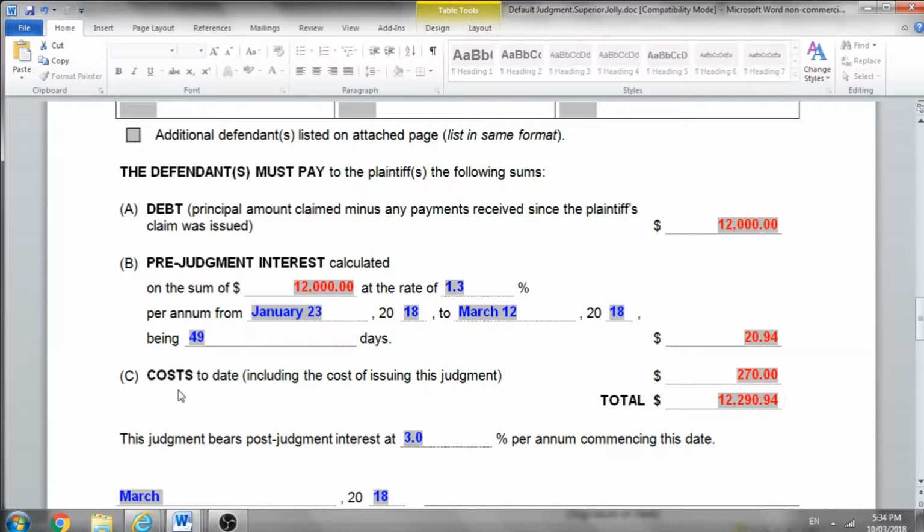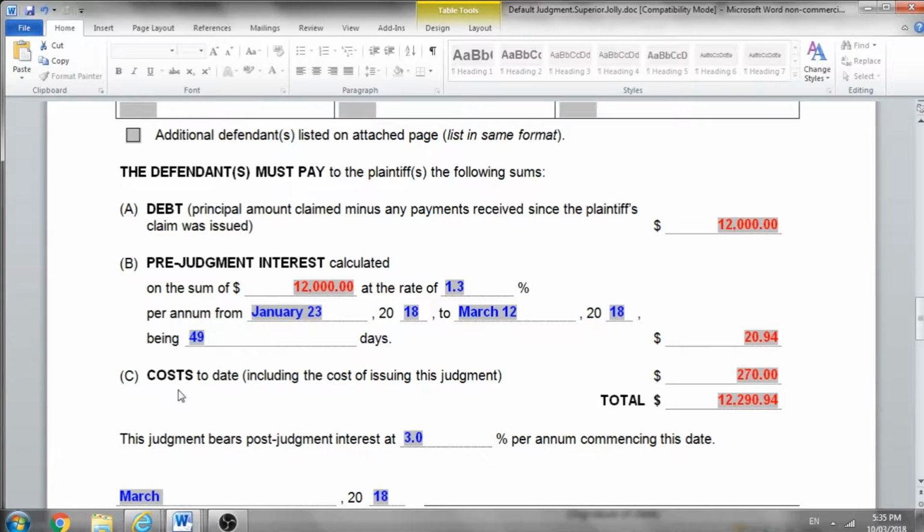Now, we're also able to obtain an award for costs, and in this case we're going to claim the court filing fee that our client incurred to issue the plaintiff's claim. You might remember that as an infrequent user, the client paid $95 to issue the claim. Also, to obtain this default judgment, we're going to have to pay an additional court filing fee of $55. At least that's the amount of the court filing fee at the time of this video. So we take the $95 and we add to it the $55,